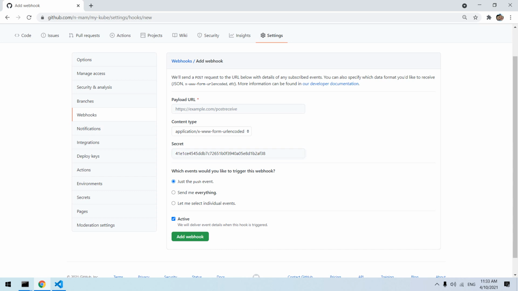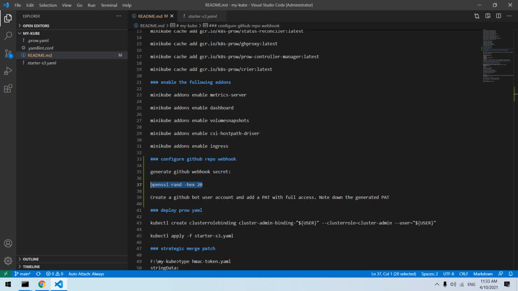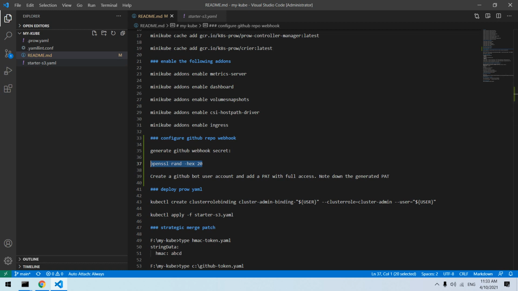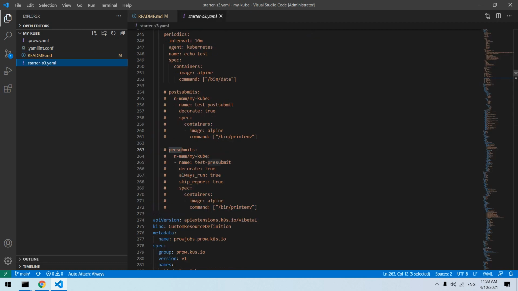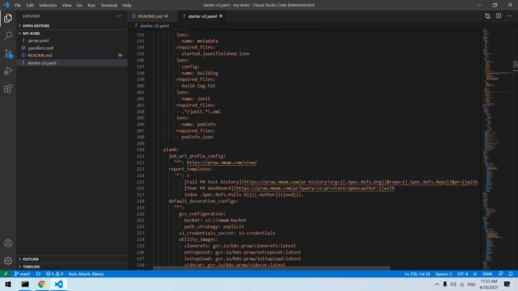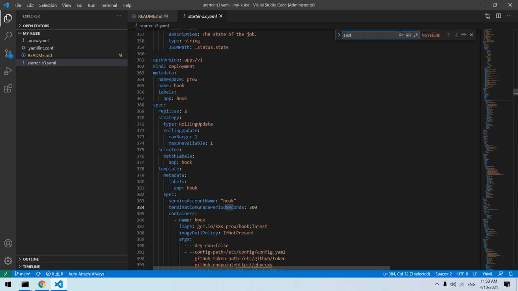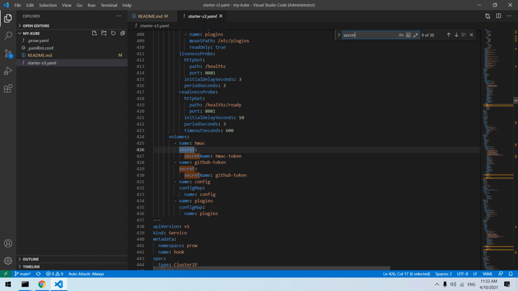So it's better not to commit this. Just make a note of these secrets somewhere in your text file, and then your Prow deployment YAML has these secrets configured. Yeah, I'll just show you.